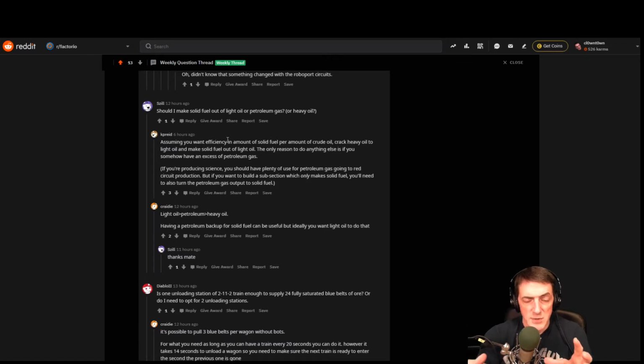If you think about the things they're used for, there's lots of use for petroleum gas. It goes to sulfur and sulfuric acid and plastic, a bunch of plastic you're going to need. So you should try and dedicate as much of your petroleum gas to that, because you will need a bunch. Heavy, your number one need for heavy is lubrication, but you don't need that much lubrication. It's used a little bit for electric engines, as well as blue belts, depending on how much belt you use versus bots. You can use a lot of it for that, but then your light oil,